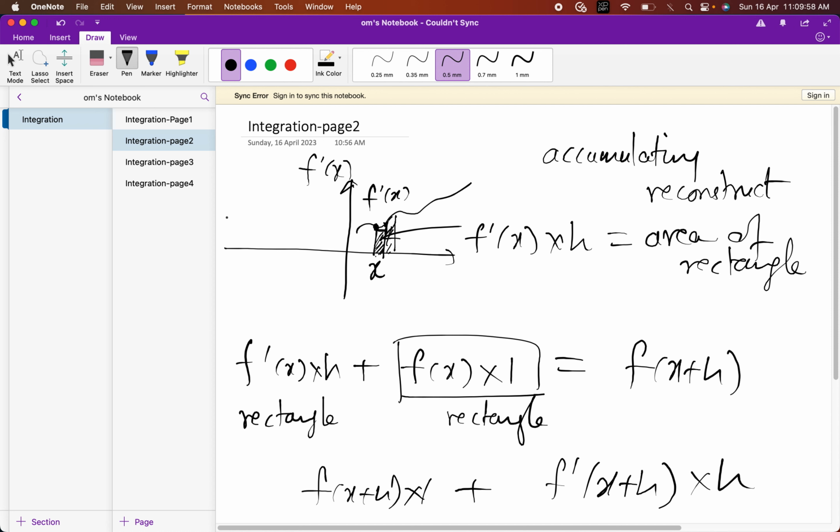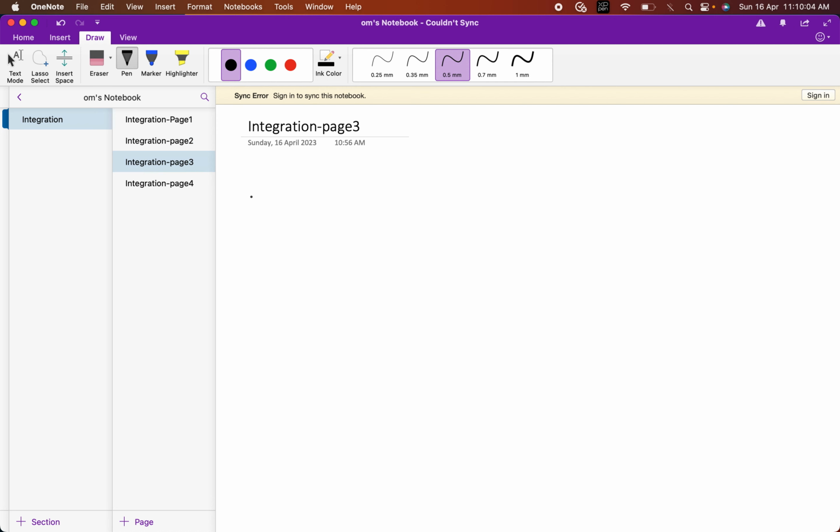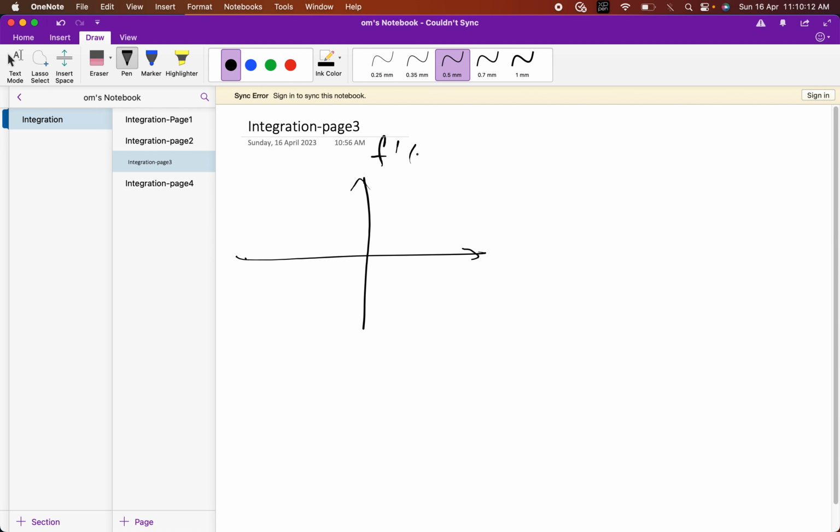So let us do an example to make this even clearer. I understand what derivative meant, but I'm still not able to wrap my head around this. So let's say the derivative of a point, or sorry, the derivative of a function. Derivative can't be taken at a point. The derivative of a function is x square.